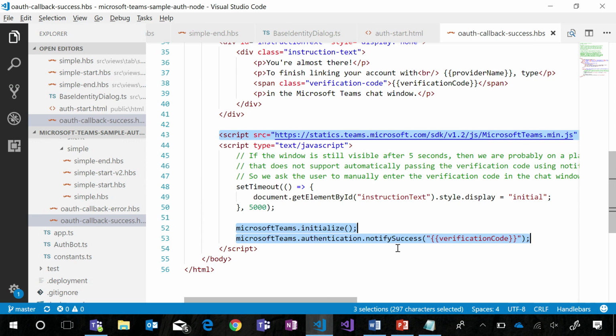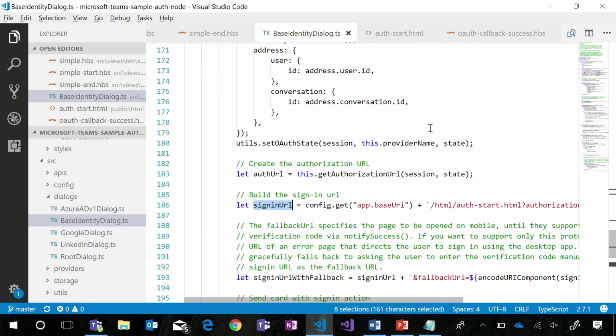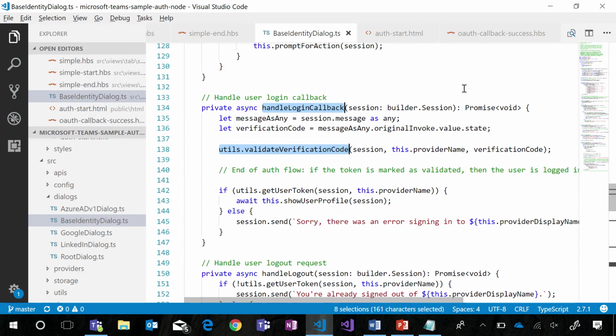For the OAuth callback success handlebars page, the first thing that it will do is import the JavaScript SDK, initialize the Microsoft Teams object, and then notify success with that verification code. What this call of notify success to the Microsoft Teams object in the bot context will do is tell the Microsoft Teams platform to send a special invoke message with the sign-in type with this verification code back to the bot. When the bot receives this invoke message,